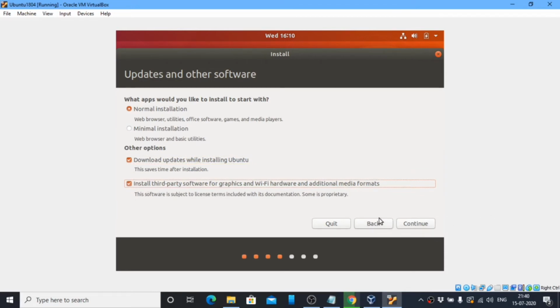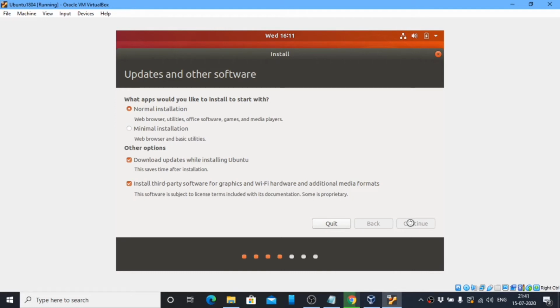But since you are using a virtual machine, whatever internet you have in your Windows machine will by default come to Linux also. So you need not bother about it. In case you are partitioning the system into two halves, then you need to install the Wi-Fi hardware drivers. Okay, so anyway, let me do it. Normal installation. Don't go for minimal as you're students and if you're becoming programmers. So don't go for minimal installation. Let's take normal installation.